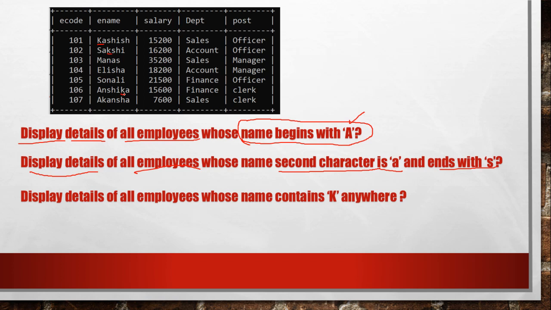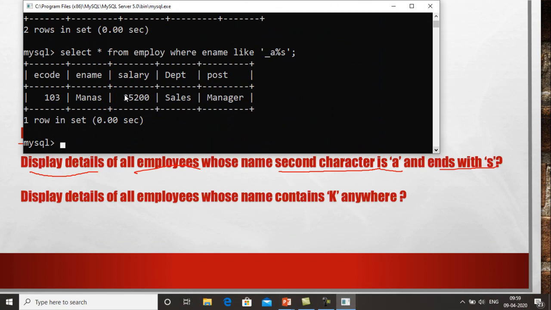Okay, so let's do it. Select star from employee where ename like.